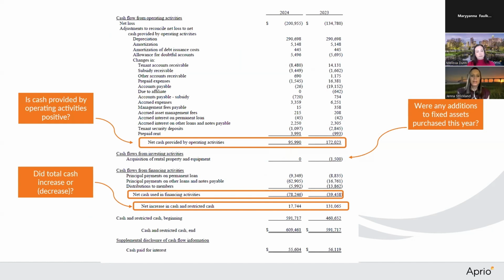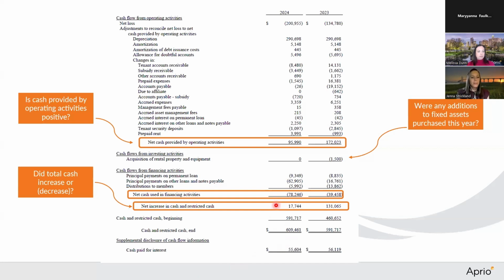Then we'll also have that investing activity, which is really going to show if you're doing improvements, getting new furniture, doing a rehab, or if you've had an insurance claim, you're going to see some additions to the property there, things like that. And then your financing activities is going to talk about your loans and your equity. So overall, when you take those three things together, your operating activities, investing activities, and financing activities, you're going to come up with a total number if your cash has increased or decreased from the prior year. So that's really showing what has gone on with the property. This one had a slight increase year over year.